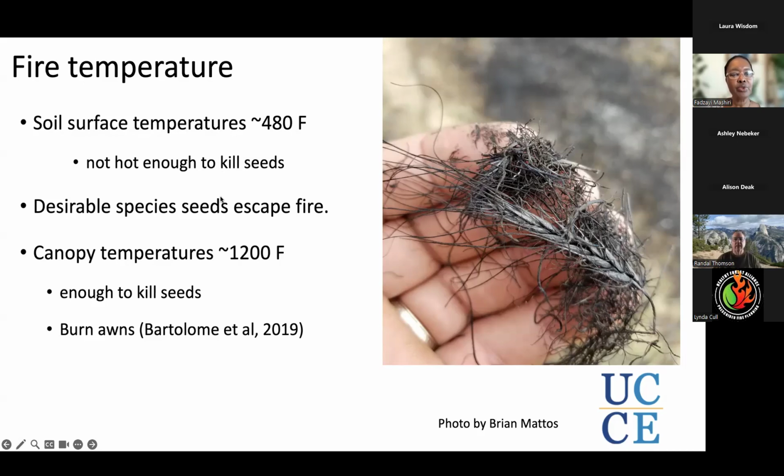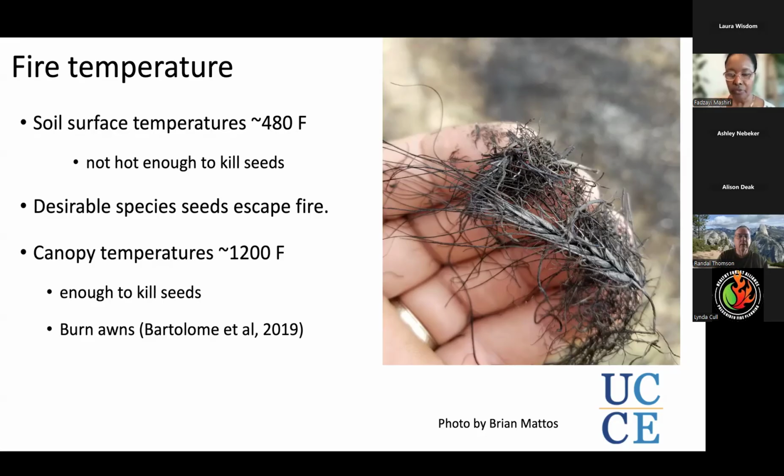So what research on rangelands has shown is that the temperature on the soil surface is lower than the temperature at the top of the flame, which is where the Medusahead will still be having their seeds held. So the temperature at the soil surface is about 480, which is not hot enough to kill the seeds, whilst the temperature at the canopy could get even up to 1200 Fahrenheit, which is hot enough to kill the